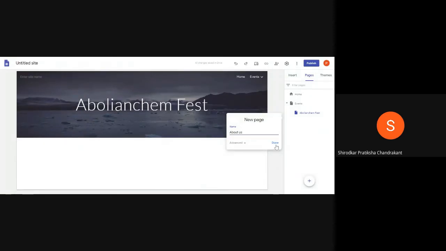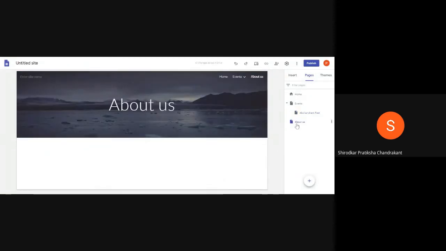Okay, and now I feel that I need to move this up. So what I need to do, I can just click on that page and just drag it up there. So it allows me to shift these pages as well, that is home, about us, and events. So if I can think of a few more pages, I can add them as well. Maybe I can add a contact us page.